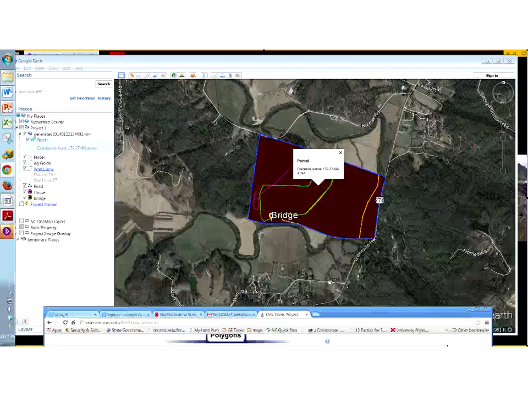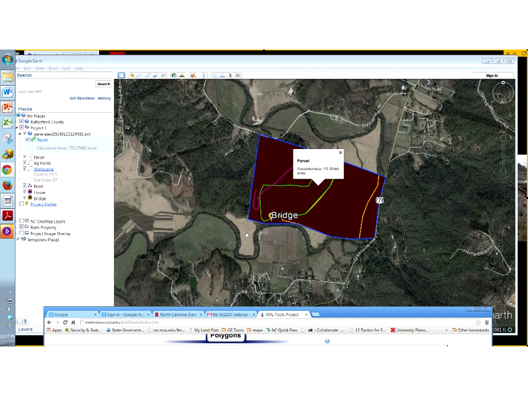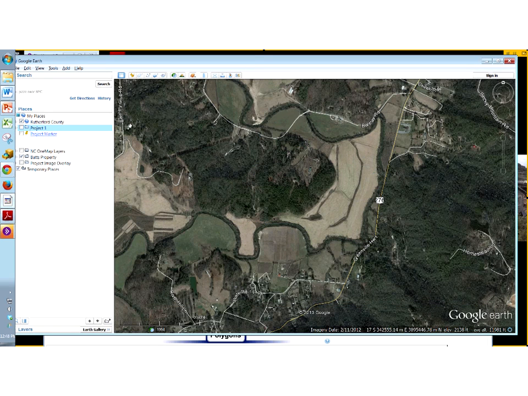Okay, I promised some of you as well last time that we would take a quick look at doing some GPS data. And I've got plenty of time to do that. It only takes a minute. So I'm going to minimize project 1, and because I'm done working with that one,